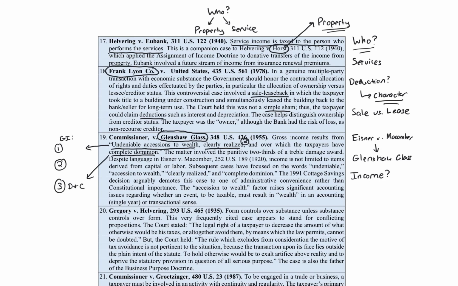Realization. Realization is an administrative convenience aspect. The best way to think about this is to think about stock. If we did not have realization events to trigger income, we would have to record economic gain every time the value of our stock increased. So if you own a share of stock and it goes up every year, you'd have to record that increase and record tax on that increase. That's obviously a huge administrative burden, valuing and reporting, both on the taxpayer and the IRS. So that's what realization deals with, clearly realized.